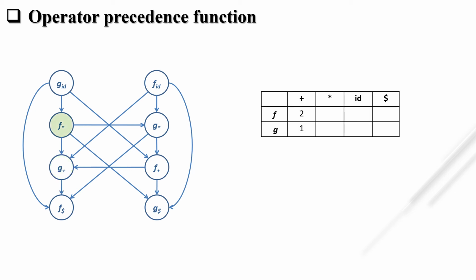Next one is f of star. Now you can check here how many arrows will be considered? 1 and 2. Let's check another possibility. 1, 2, 3. Let's check another possibility. 1, 2, 3 and 4. Okay, so this is the longest path. 1, 2, 3 and 4. As I said earlier, this f of star may end with f of dollar or g of dollar, but with the maximum length. So the maximum length is this 4. Okay, so what is the answer? 4.